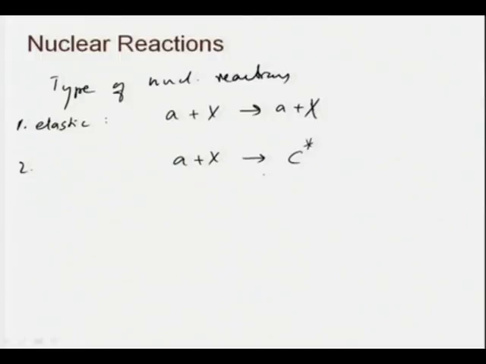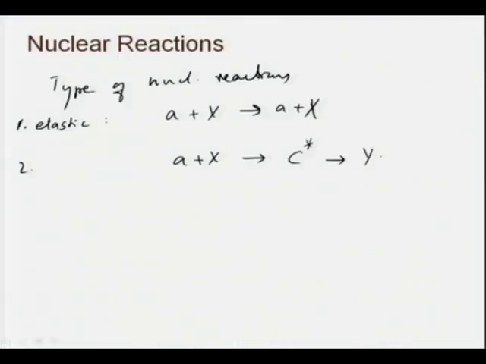So, let us say take a high energy neutron, or large enough energy for the neutron to actually penetrate, go near the nucleons. In that case, this neutron can directly interact with the nucleons through strong nuclear forces, and that will actually result in some kind of a compound nucleus being formed. And then this compound nucleus is not a stable nucleus,